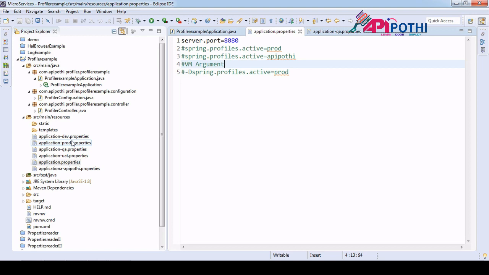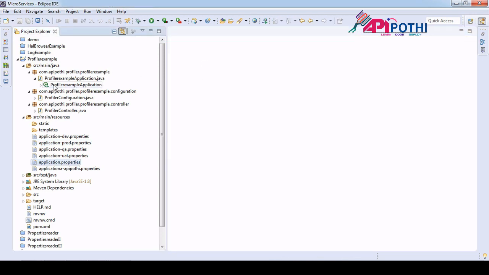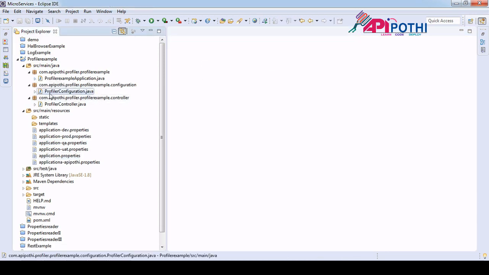Okay, there is also one way that you can change your code through Java, meaning that you have some set of Java code which has some configuration related code and which is also specific to the environment. Some of the Java configuration code is very specific to the dev environment, QA environment, UAT environment or production environment. So how can we achieve it? Now we understood it for the application.properties file, but now we are going to understand it for Java.